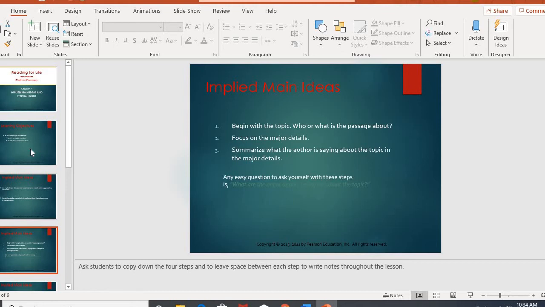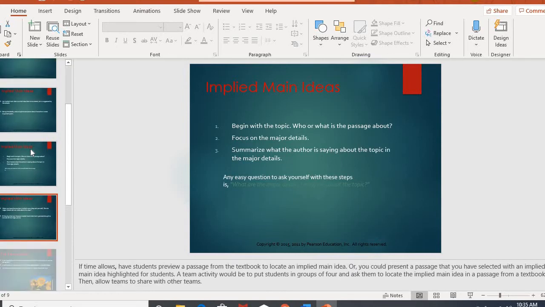Then what are you being taught about that topic? What is the author trying to teach you about that particular topic? Then you summarize and you put it into a general sentence. Remember, main ideas and implied main ideas, doesn't matter if they're directly stated or implied, are general. They often use those cheat words we've talked about in class: many, various, several, and they cover everything that's found